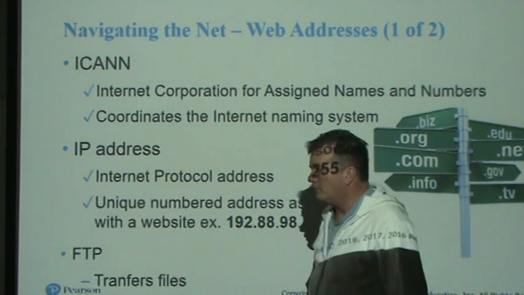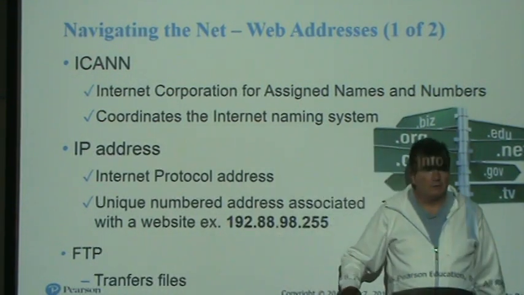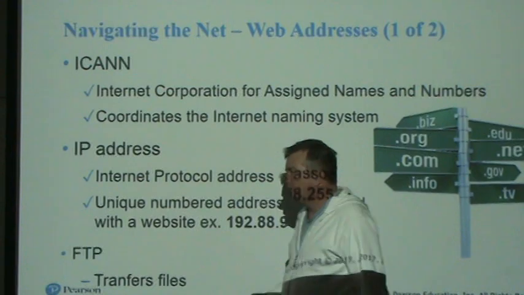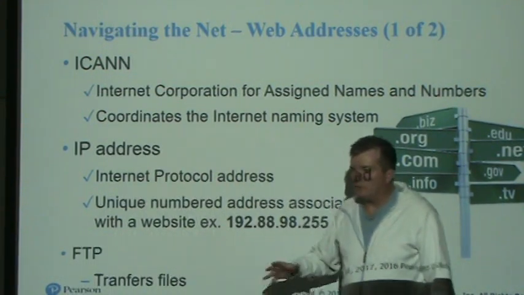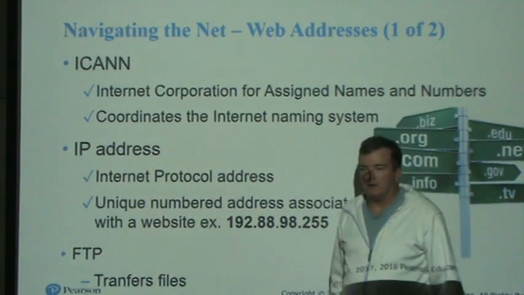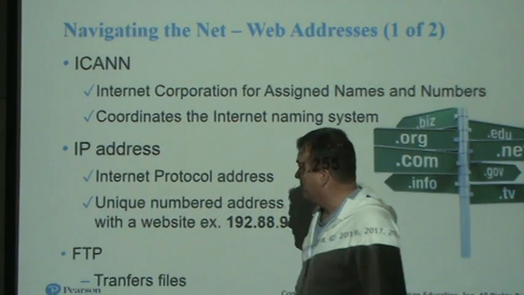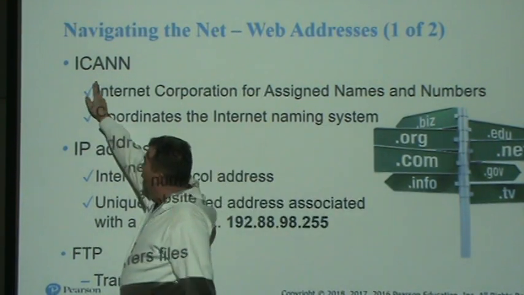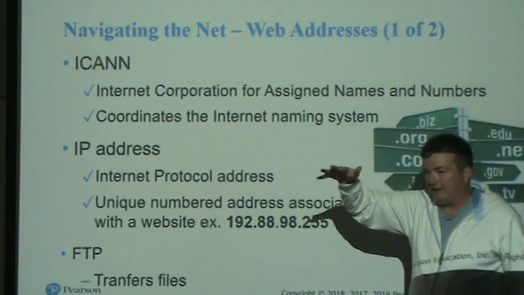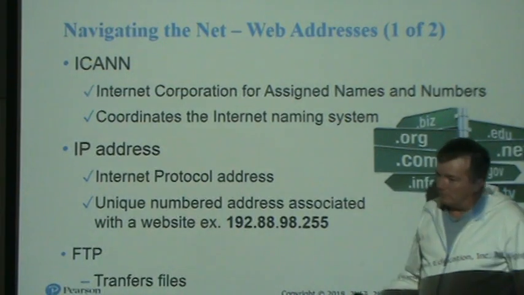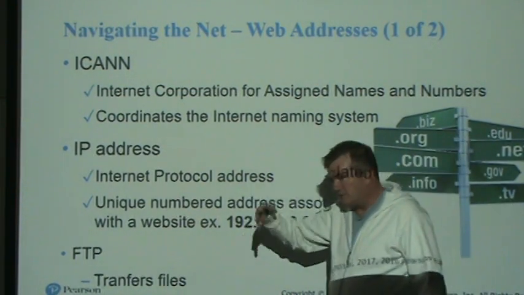And you could go through your ISP company, or a company like GoDaddy or Network Solutions, and you can pay them a fee, $8 a year or something like that. And you can register the name, which basically means you've registered with ICANN that you are the owner of that name. Now, what does that mean? It means no one else can buy that name.